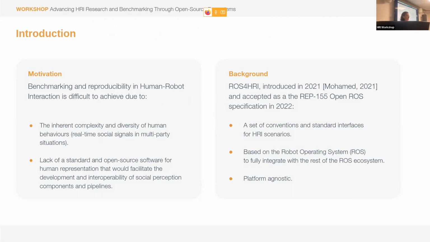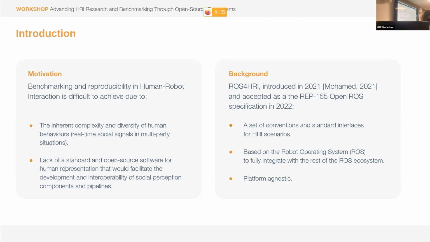As we've been talking throughout the day, the motivation is basically benchmarking and reproducibility in robot interaction. What are the causes? Why can't we get there yet? As I mentioned this morning, one of the big problems is that we're dealing with a very complex domain. As we all know, humans are very unpredictable. Everything changes. Even if you have the same thing, it's not going to work the same way every time. That's one thing we just have to deal with, because that's where we want our robots to be working.